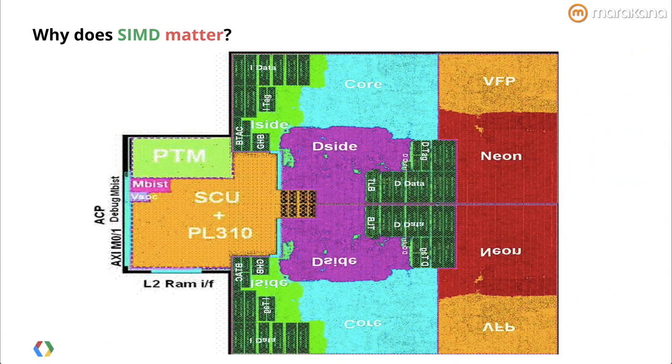So why does SIMD matter? Here is a CPU die diagram of a recent ARM mobile processor, dual core. So you see it kind of mirrored here, right? The top and the bottom are the same structure. So this blue box up here labeled core, that's where all of the integer operations are executed. This yellow box up here, VFP, this is where your double arithmetic is executed. And this red box, NEON, this is the SIMD unit that every single one of our modern smartphones has in it, and it just sits idle. It's doing nothing. We cannot touch it from the web.